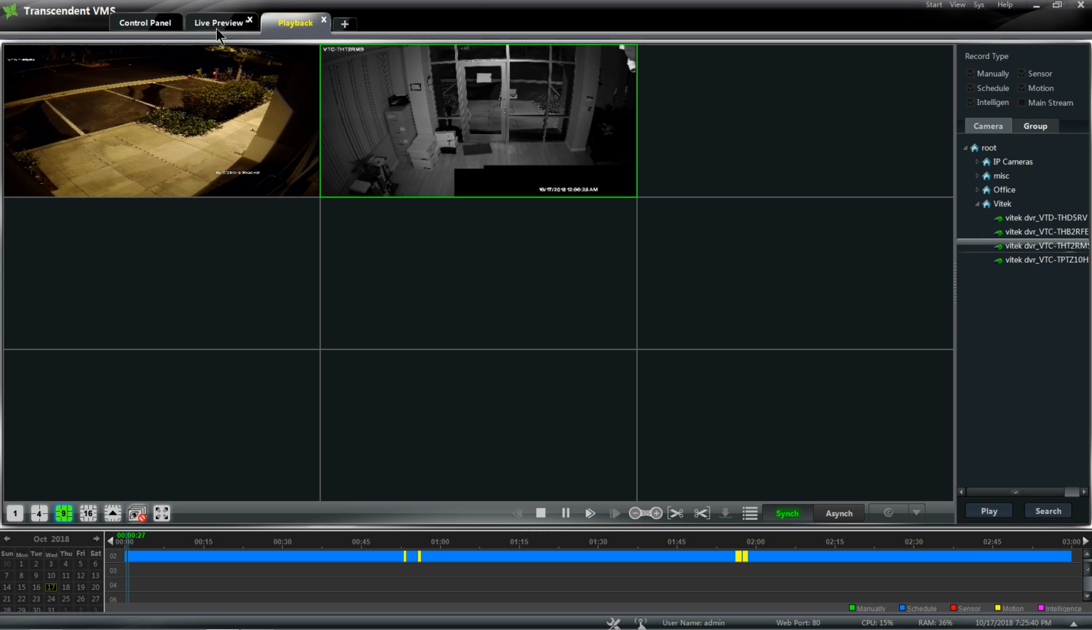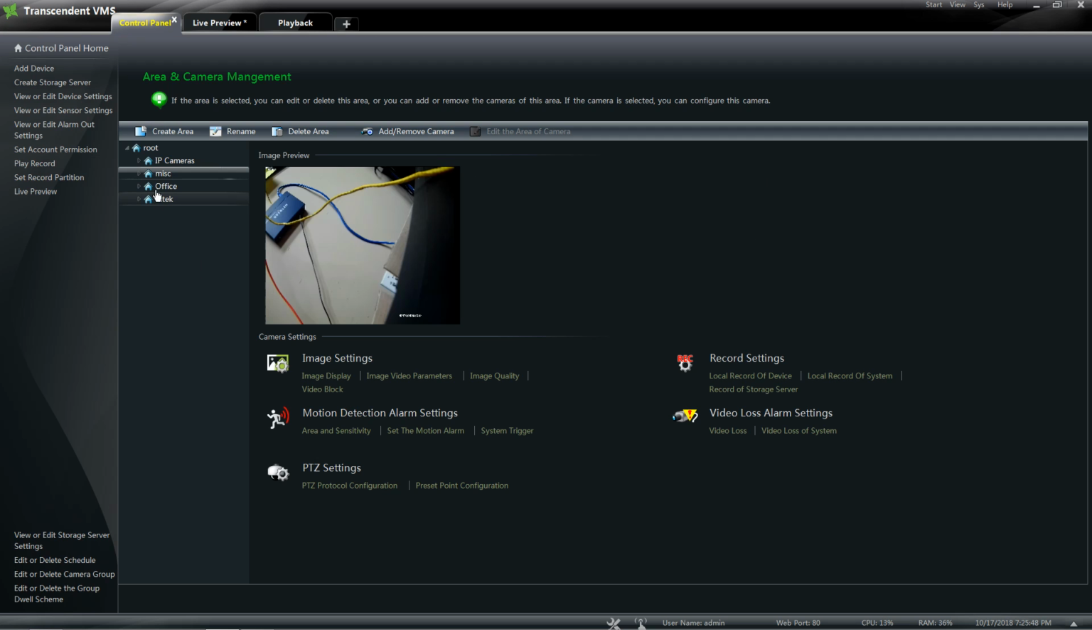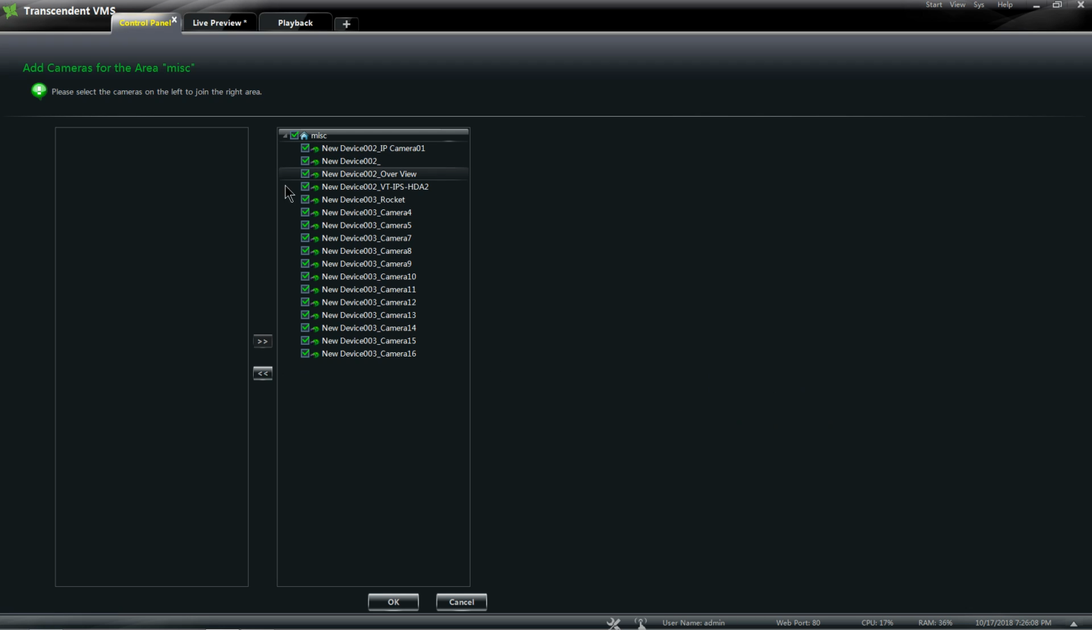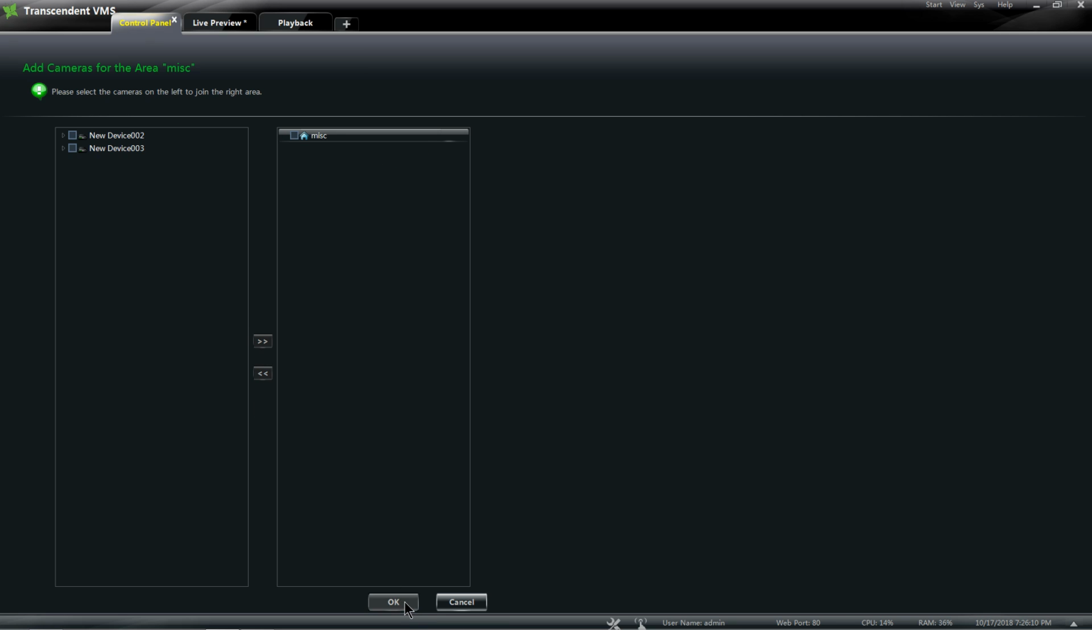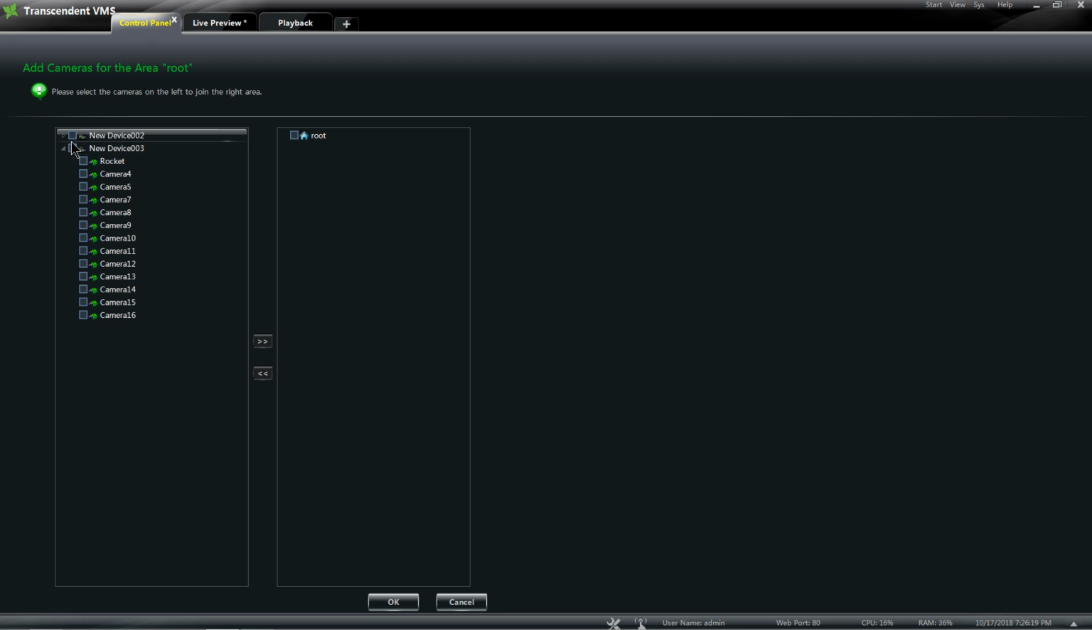If you want to edit or delete a subfolder, you have to go to the Control Panel first, go to Edit or Delete area, and you have to unassign those cameras associated with that area first. If I try to delete miscellaneous, it's going to say that I have to empty up that area first. So I will highlight miscellaneous, click on add or remove cameras, move them over to the unassigned area, click OK, and now I could delete that area, and these cameras I could move them over to my root directory,